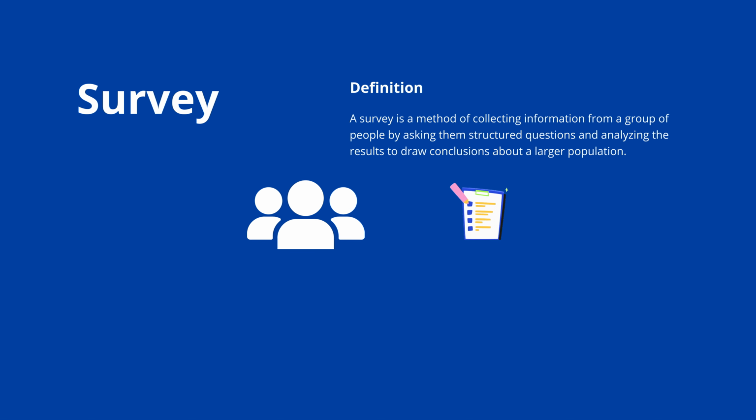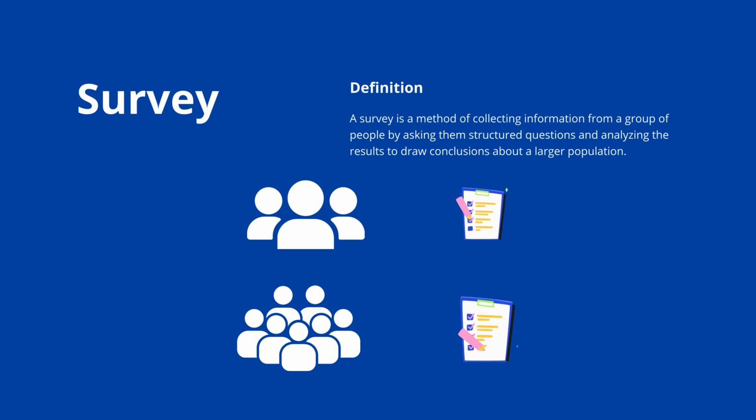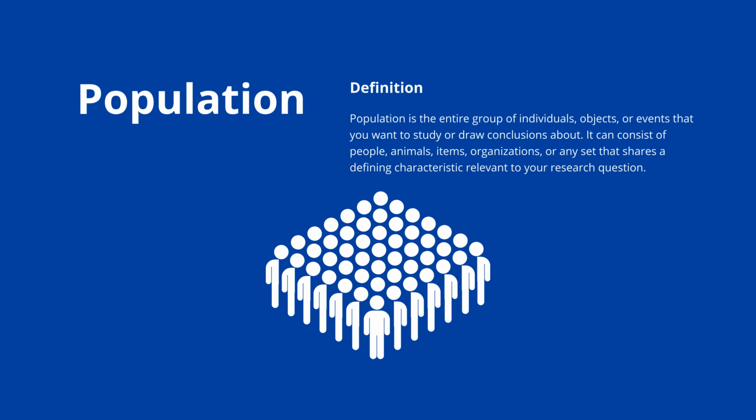Survey can be done for a sample of people or the whole population. Now, you might be wondering what is a population and what is sampling. You choose a small group of people, like 50 students out of 500, and ask them a question. This small group is called a sample, and a big group, like all students, is called a